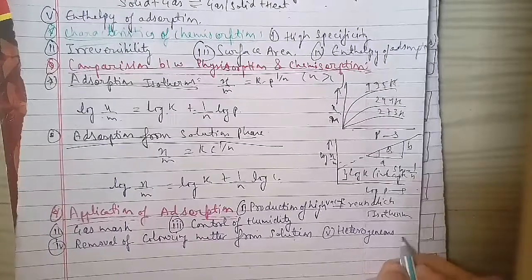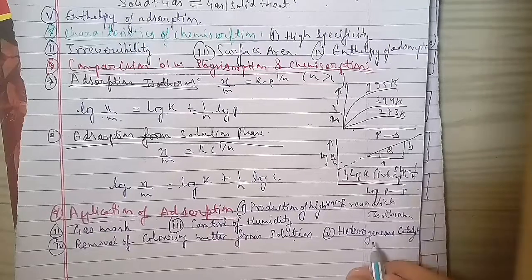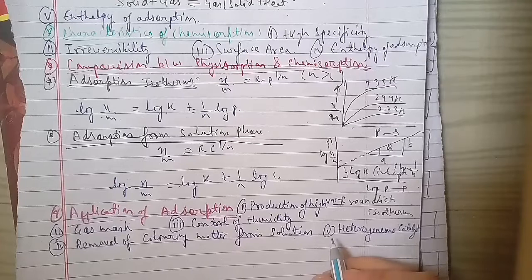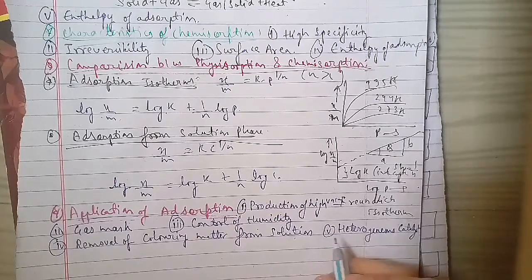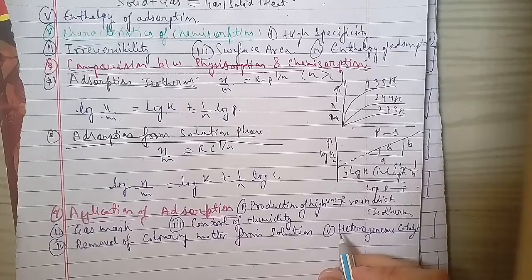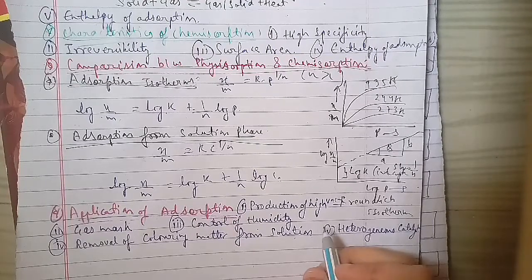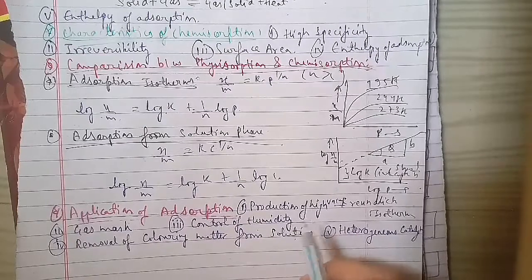We'll talk about the sixth one, which is separation of inert gases. The separation of inert gases is due to the difference in the degree of adsorption of gases by charcoal. A mixture of noble gases can be separated by adsorption on coconut charcoal at different temperatures as well. We'll talk about the seventh one,